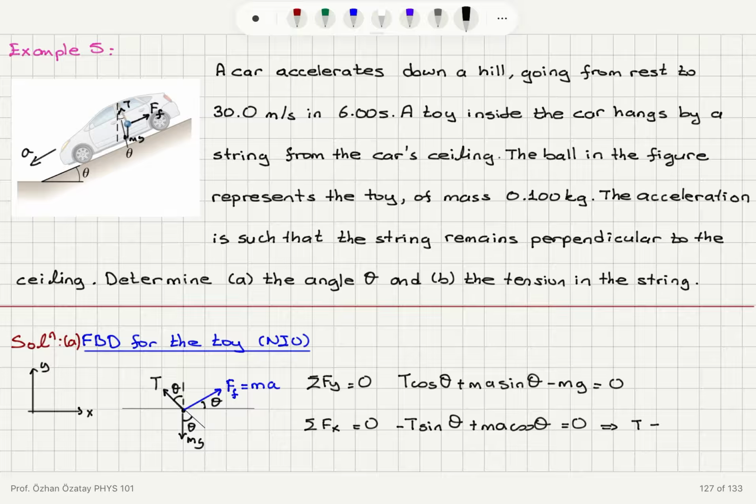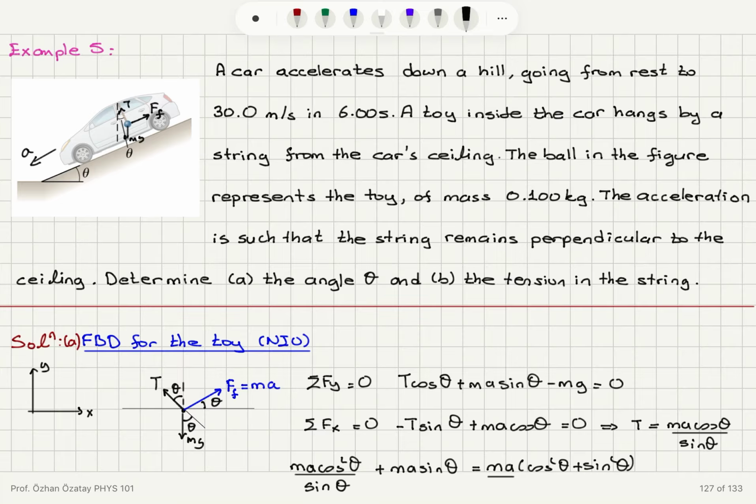So this gives us tension equaling ma cosine theta divided by sine theta. If we substitute this result into the first equation, we would obtain for T cosine theta, ma cosine squared theta divided by sine theta plus ma sine theta equals mg, which is ma times (cosine squared theta plus sine squared theta) divided by sine theta